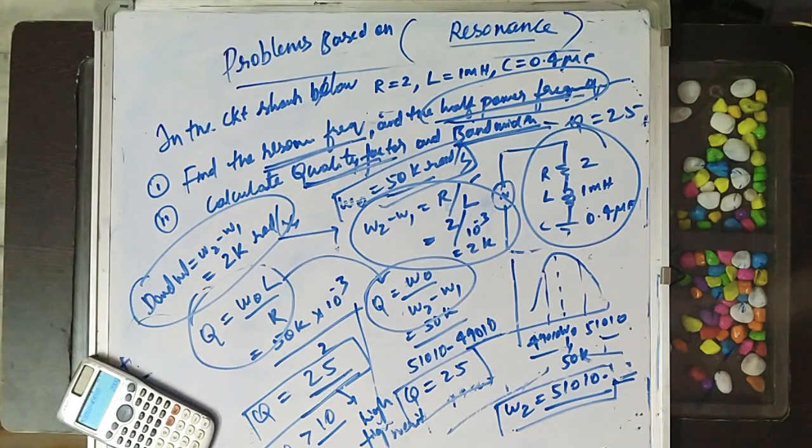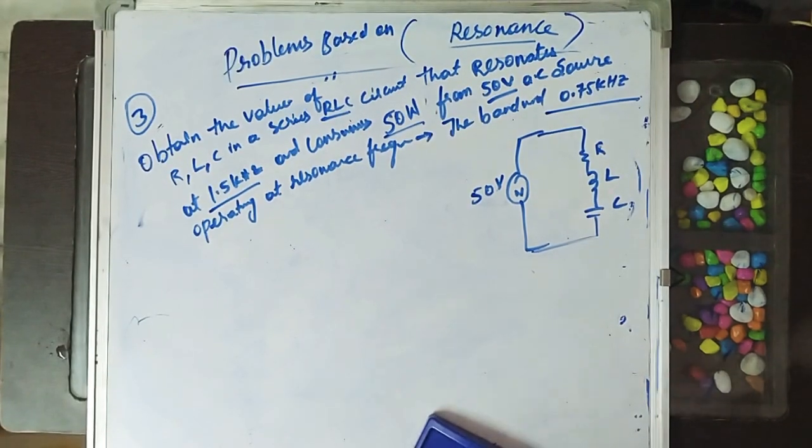So these are the models, I have covered almost many models. In your PDF I gave a few models, and these are the models you can do. And we have solved another model for resonance. In this sum, this is the third model I'm explaining now. Surprisingly, they gave the voltage source and resonance frequency. Here the question is, they are asking to find the R, L, C values. So this is one type of question which is synthetic form.